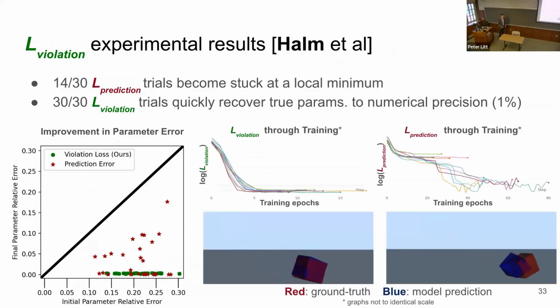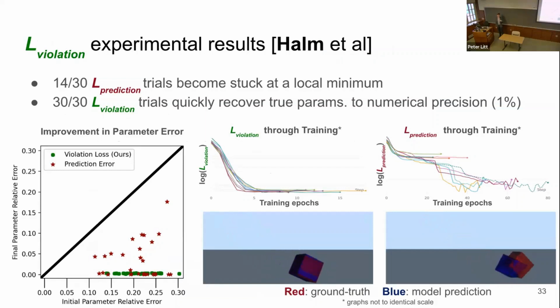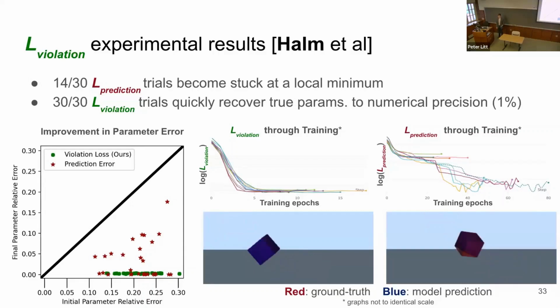And visualizing how this process occurs, here we've plotted how these losses decrease over time as you take steps down their gradients. And we find that very consistently over just a few passes over our data set, we are able to reach a global minimum very close to zero with our performance metric. Whereas various trials of minimizing prediction error can get stuck at values that are much larger than others. And as a result, ironically, the long-term prediction error of models optimized with our loss is much better than those with prediction error directly optimized.